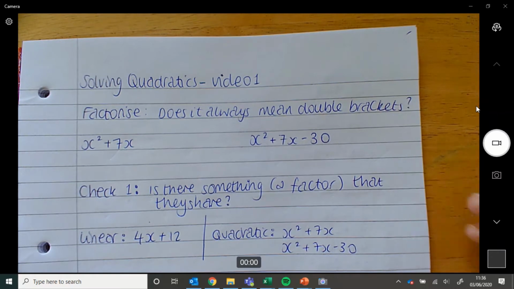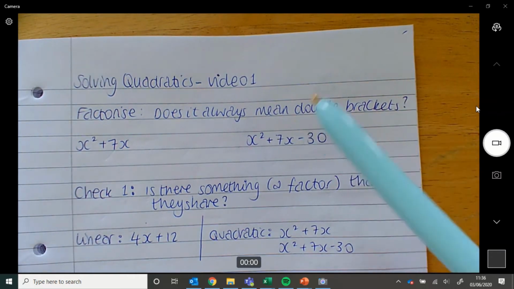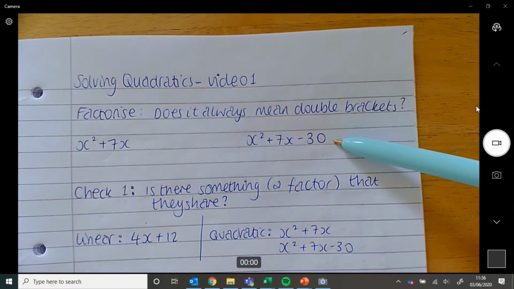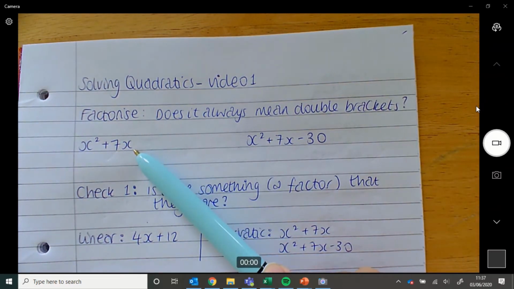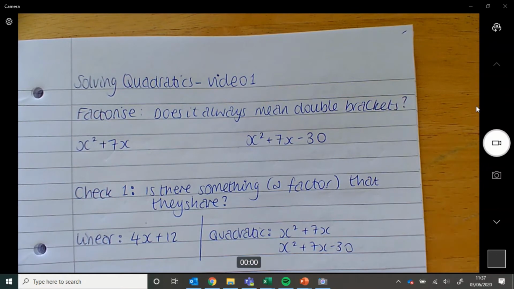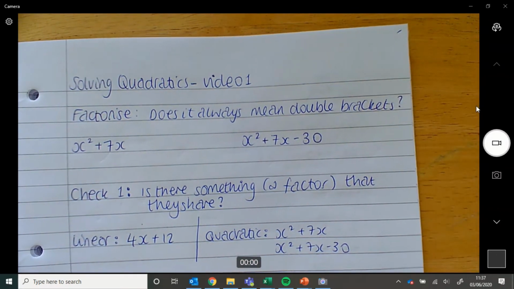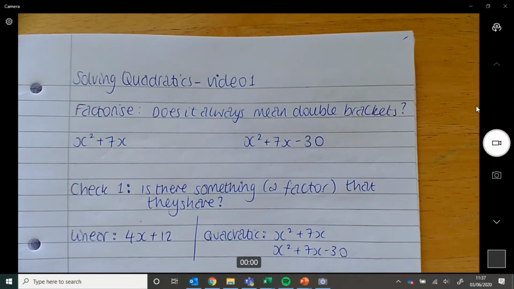Okay, so first thing is, when you see a quadratic, you might think it must look like this, but that is not always necessarily the case. This is also a quadratic. A quadratic is something that has an x squared in, and the x squared is the highest power of x in the expression. Okay? And when you think factorising a quadratic, you're usually going to think, does it need to